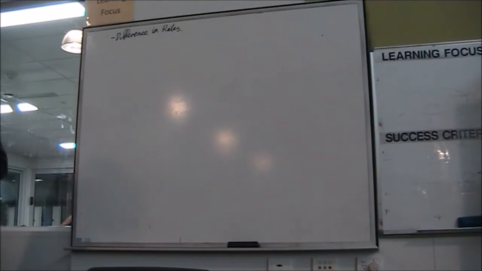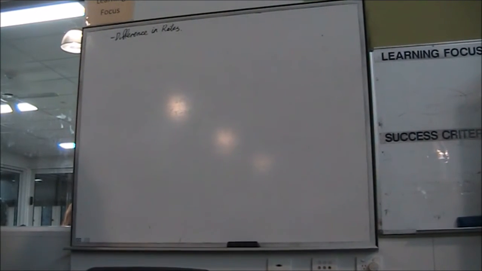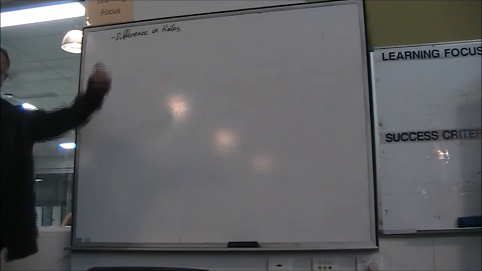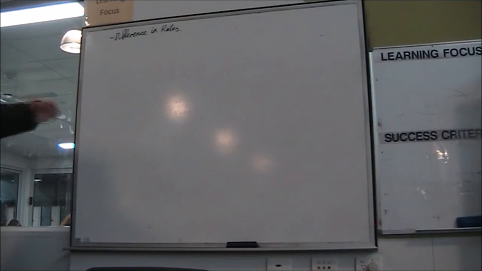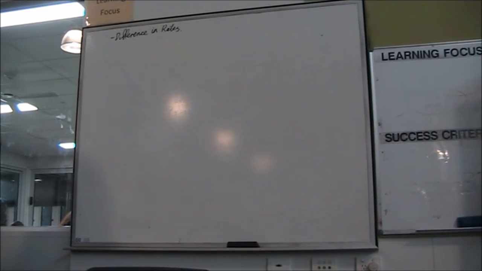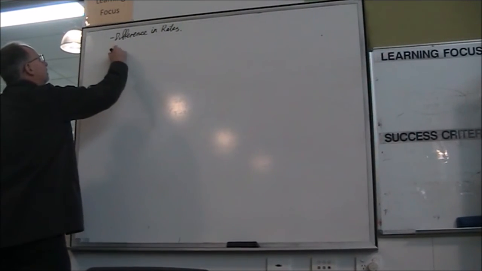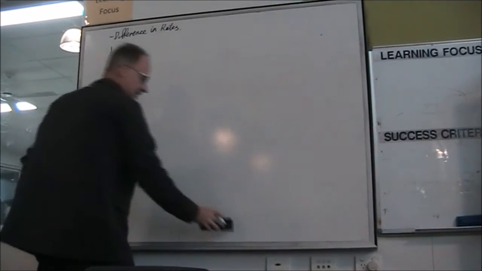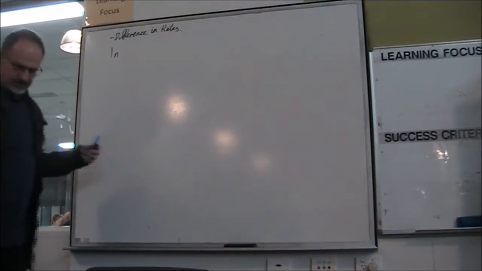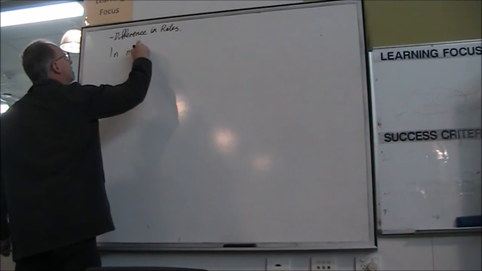So there are situations where there might be an increase as well as a decrease. So like population of a city, for example, you might have people moving in and people moving out. So there's an increase and a decrease. So you need to put that increase and decrease together. So in many situations,